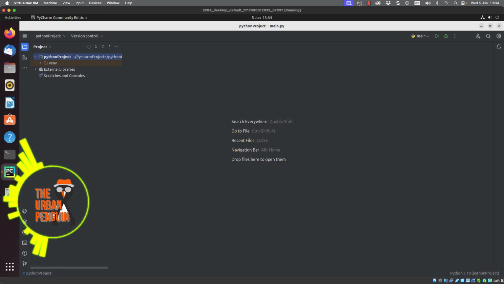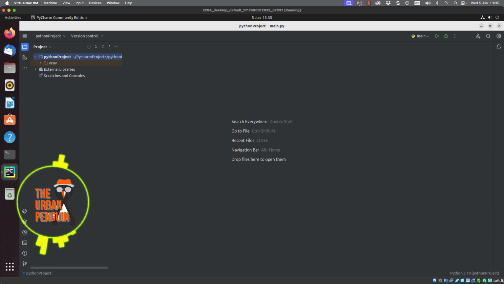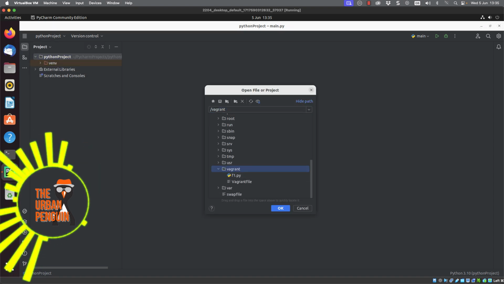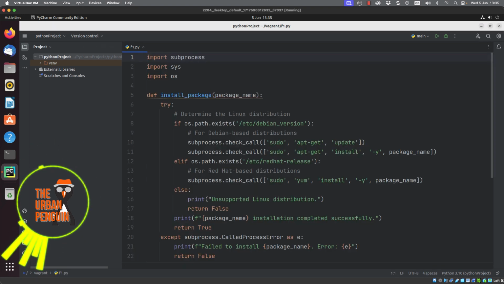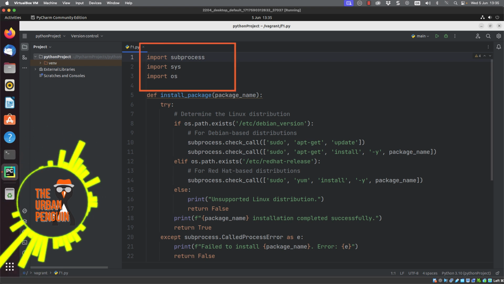Hello and welcome to PyCharm on my Ubuntu Linux system. We're going to take a look at a Python script that can determine the operating system that we're running on, or at least the Linux distribution, so we can use the correct packaging tool to install software. So if I navigate through to my file, it's in my Vagrant directory, and I'm just giving it a simple name here, f1.py. Now you can see we begin by importing three modules, the subprocess, the sys, and the